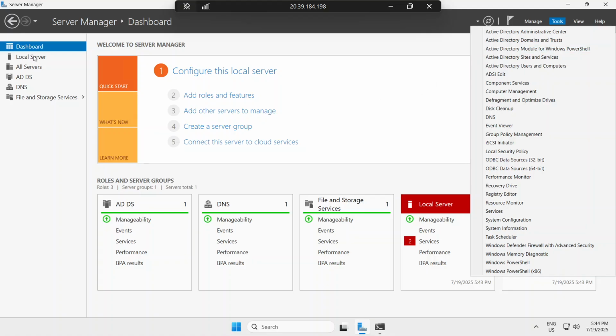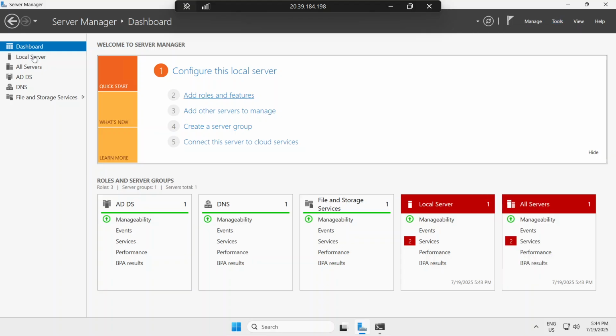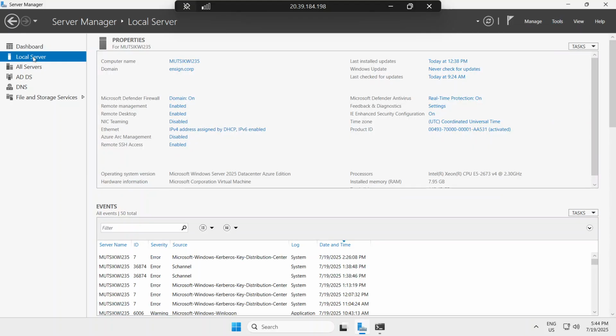Here I'll click Local Server, and under the properties you can see the domain name is async.com. So this confirms that the server is a domain controller